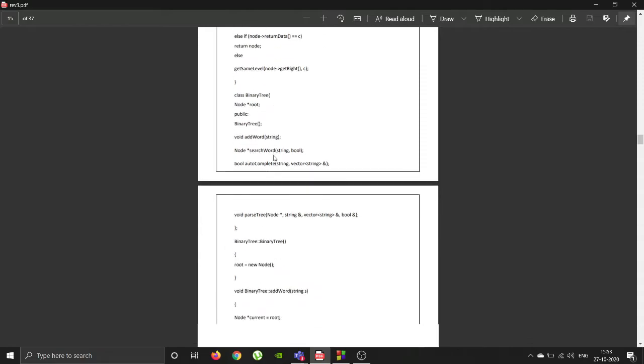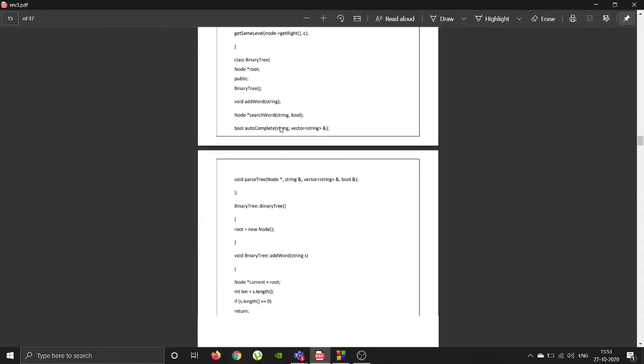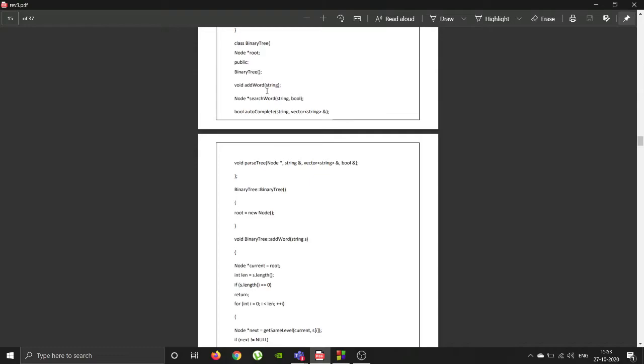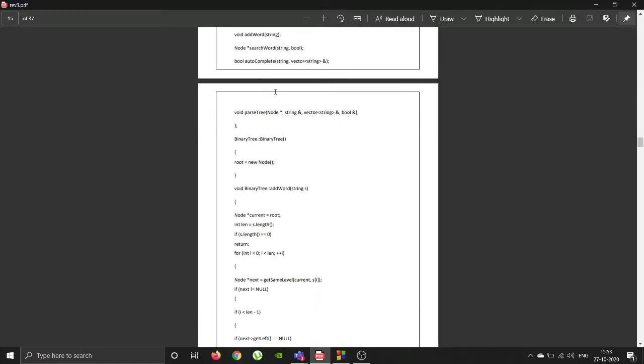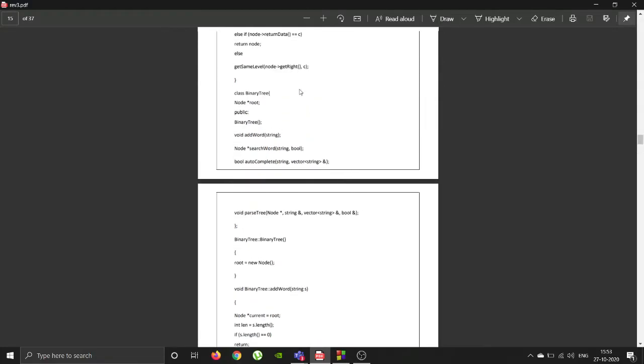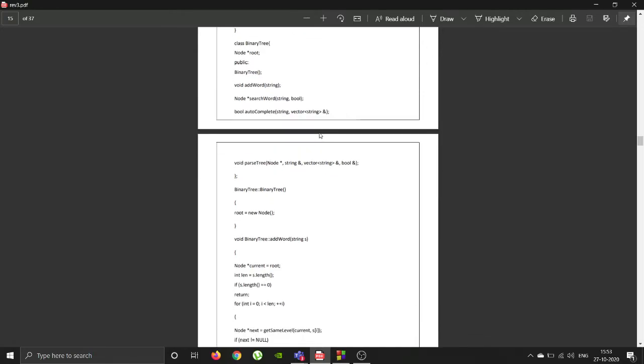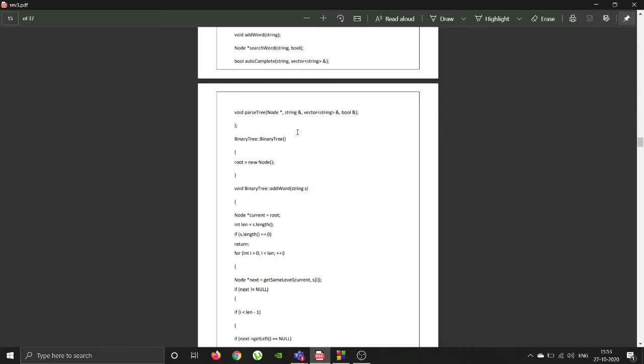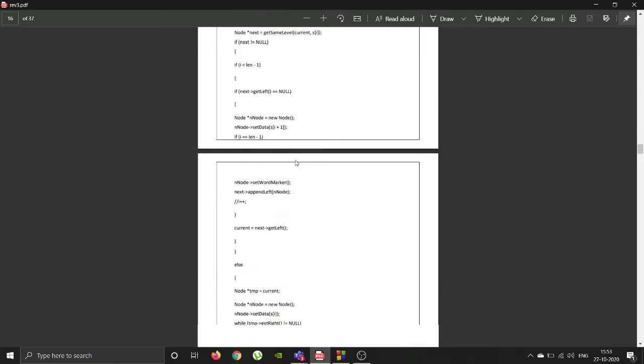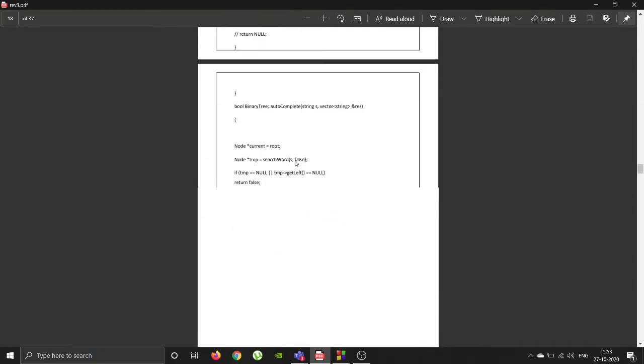Then in the binary tree class, we have the add word function that adds a word to the given binary tree if it isn't already present. And then we have the search word, which returns the last node of the word that we are searching for if it is present in the binary tree. Then we have autocomplete, which autocompletes, and then we have parse tree, which traverses through the given binary tree.